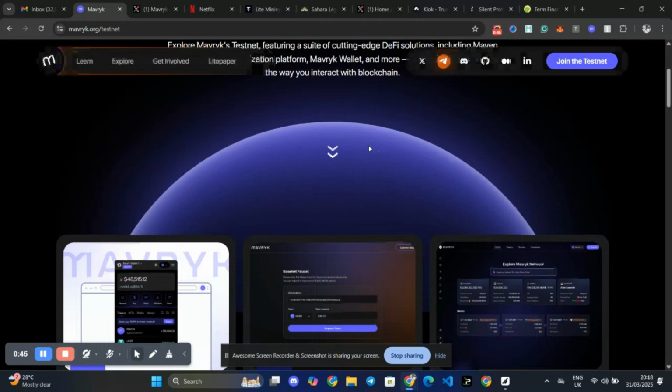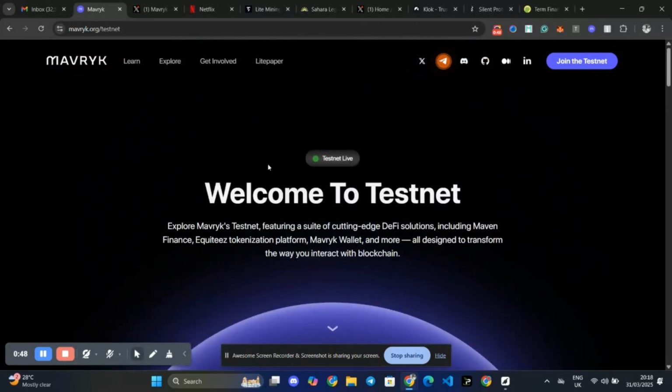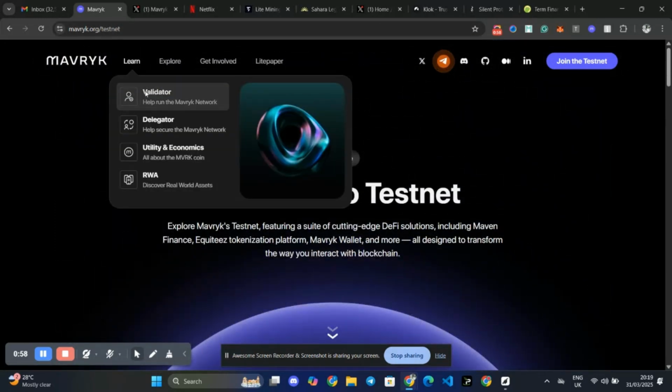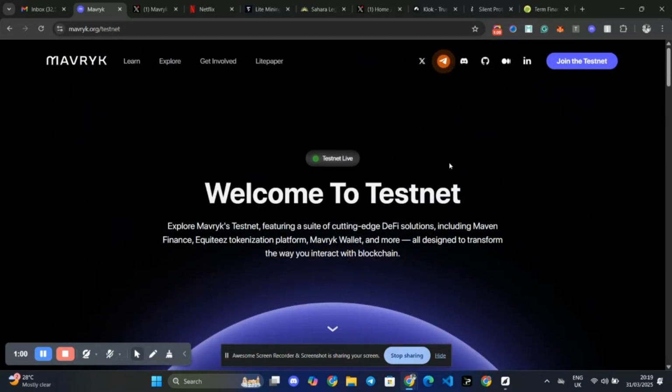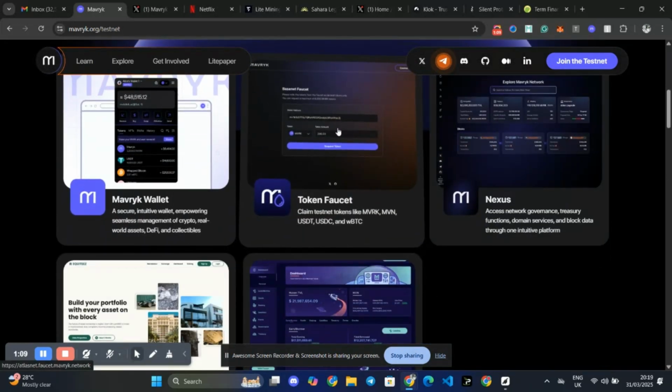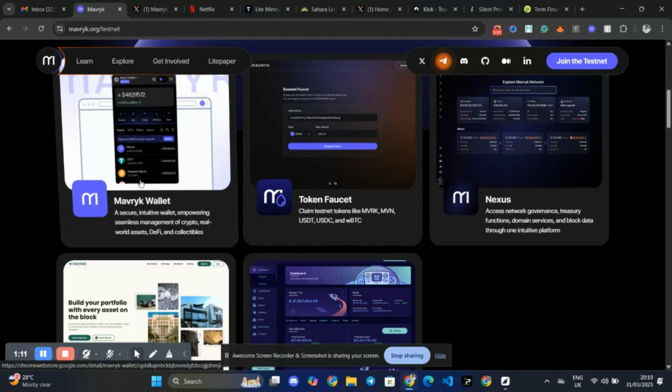I just stood on the sidelines. I think I did the early part and then decided to stay on the sidelines to watch to see if things will change. So once you go to Mavryk, it's spelled mavryk.org. That's mavryk.org/testnet. You'd come to this page, and then the first thing you need to do is to create a wallet by